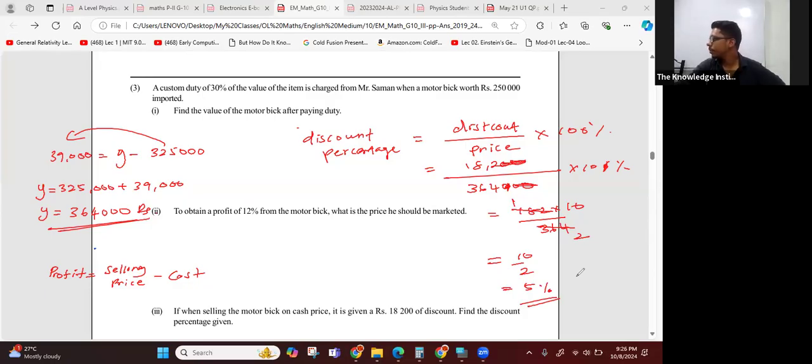What? But do not disturb, don't shout. It's very